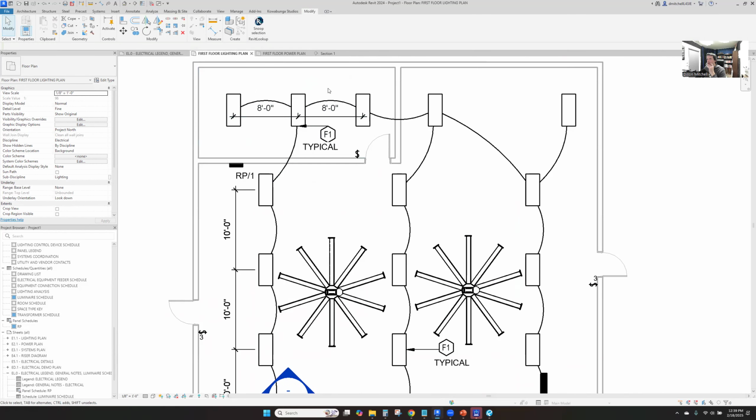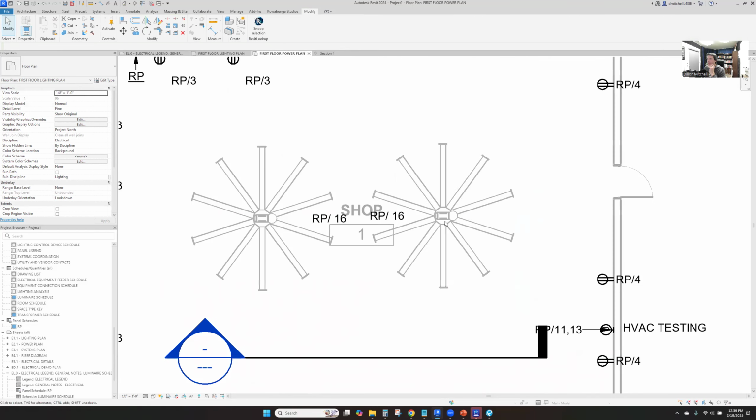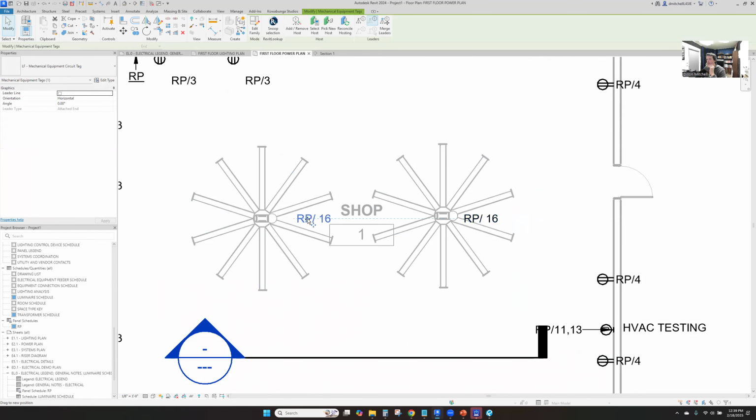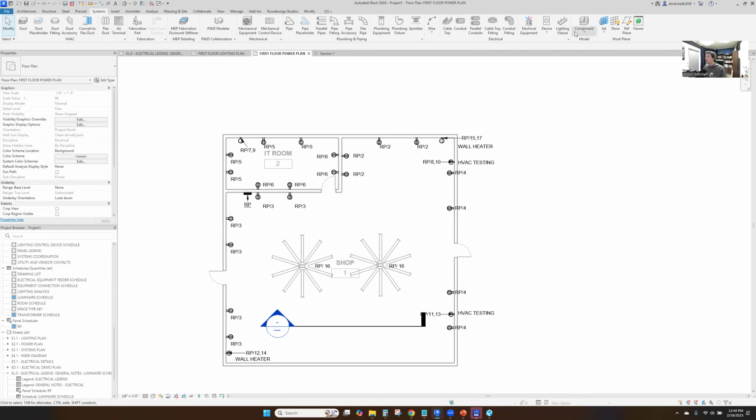So lighting's straightforward. Power. Here we go. Circuit these two guys together. Got a bunch of outlets in here. And that's pretty much it. Now, the only other thing that we need to add into our